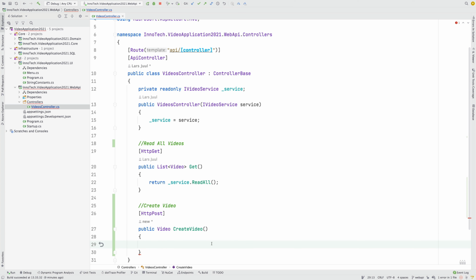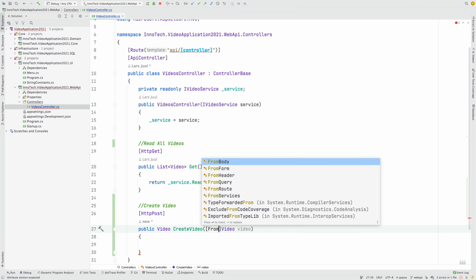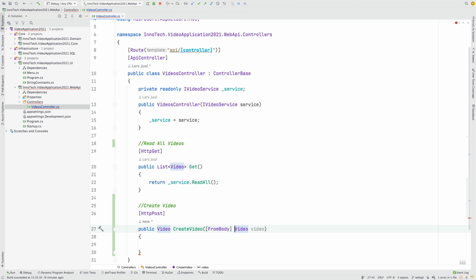And the final thing we need to do is explain what we're going to pass in from the outside, and we're actually going to pass in the video that we want to create right here from the outside. Now if we want to be more specific on where we pass this video in, it's actually going to be passed in from the body. So we can call this from body right here, meaning that we are going to get that video from the